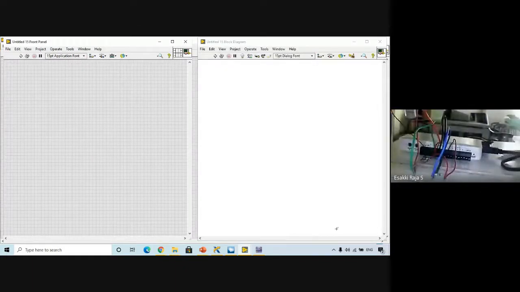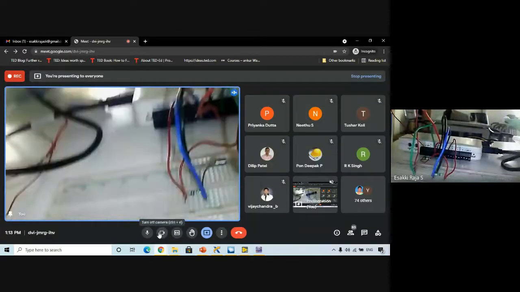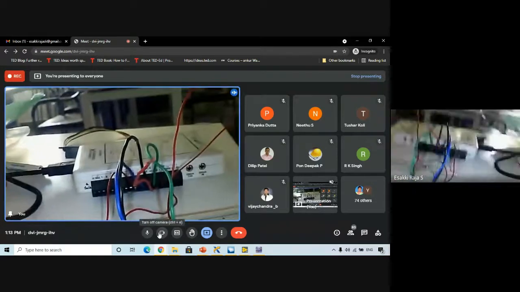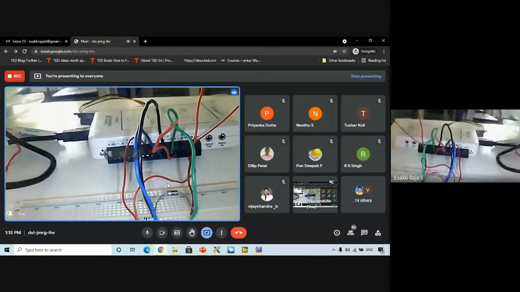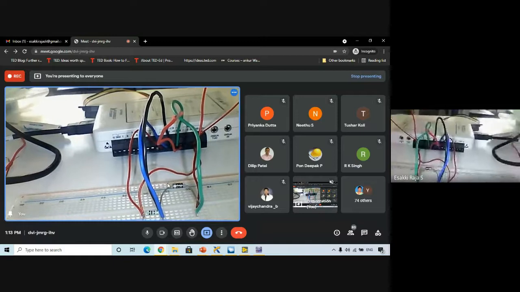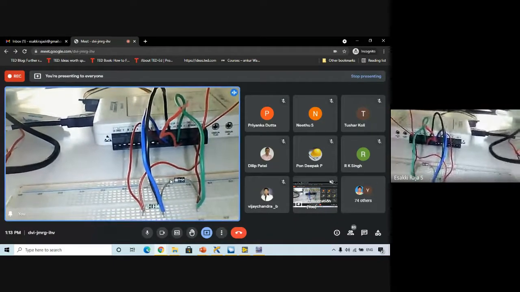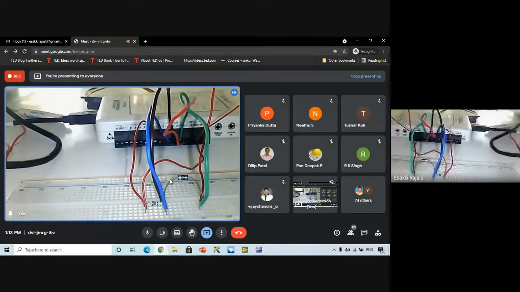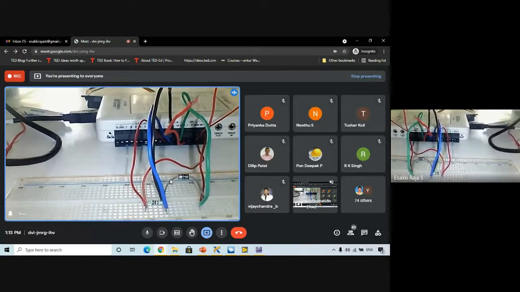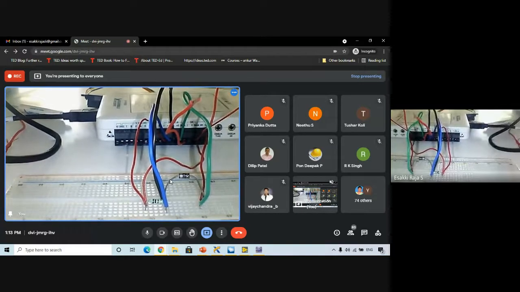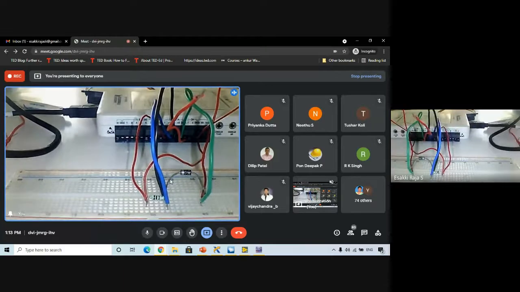In LabVIEW we have this hardware, right? The myDAQ hardware. I'm going to access this myDAQ hardware's IO from LabVIEW. I hope yesterday you have seen a few programs, so this is just a continuation of it. I'm going to access the IOs of this myDAQ hardware from LabVIEW, generate the signal, and then read back the signal. So this is what I'm going to do now. Let's see how we can do this.